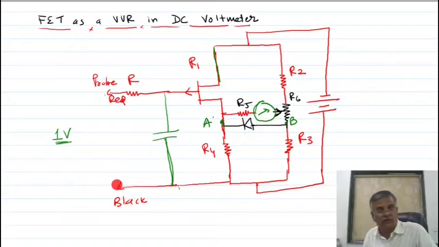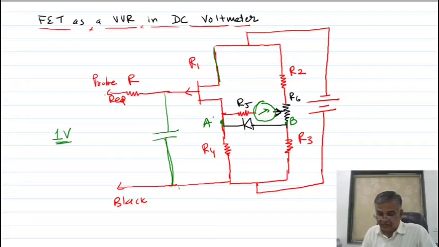If you give the 1 volt, this should show the full scale deflection, because you want to measure 1 volt. Sir, if it shows the full scale deflection, it's okay. Sir, if it is not showing the full scale deflection,